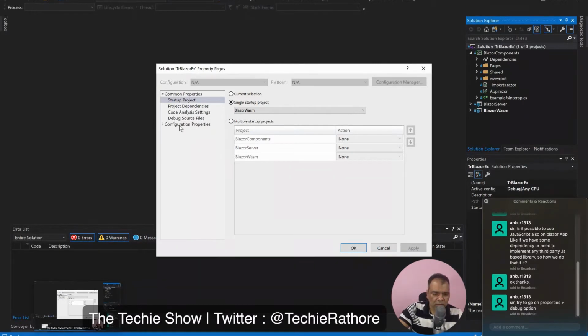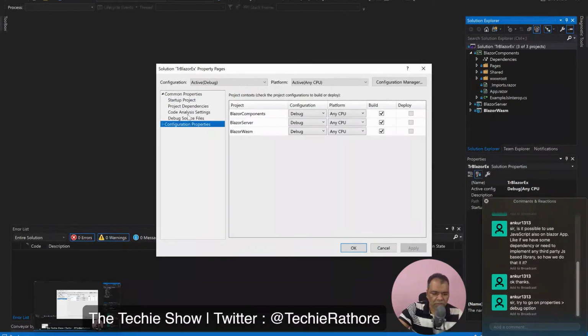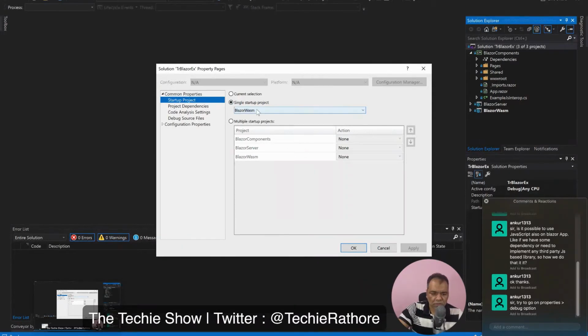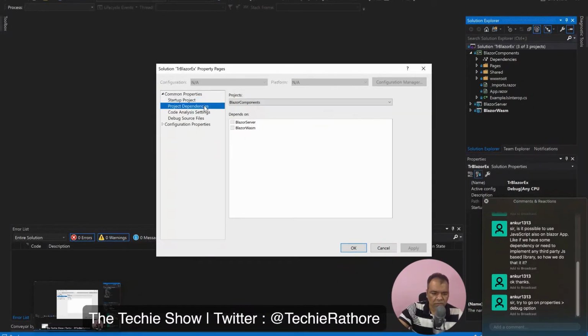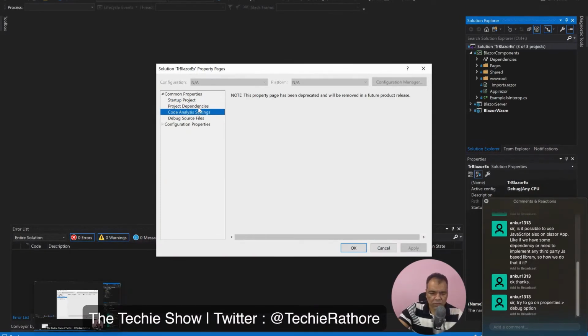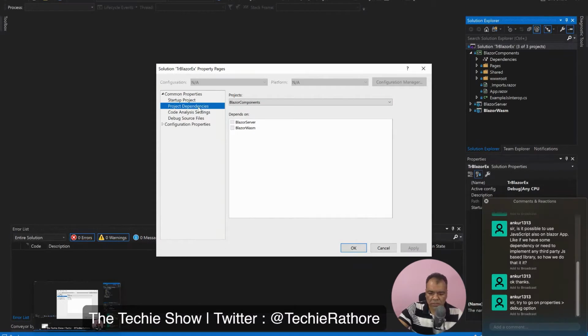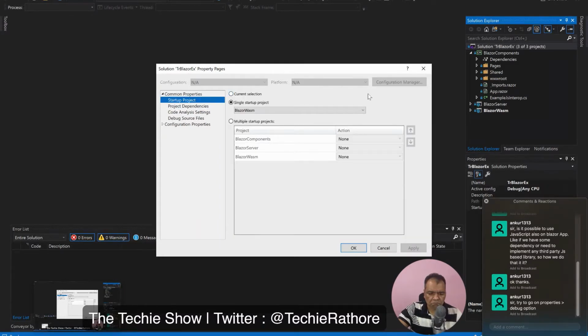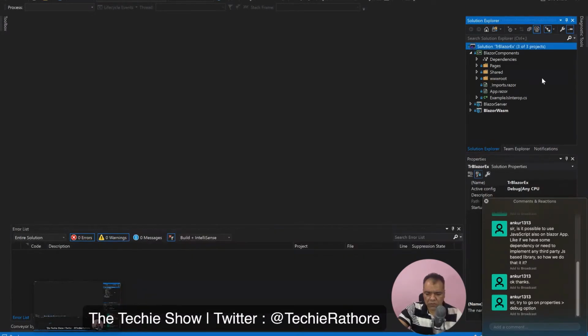This is configuration properties, startup project, startup multiple project, that is different. Debug source files, no. What debug options are you saying, Ankur? Not this one. Okay, anyway, we'll see it next time, no problem.